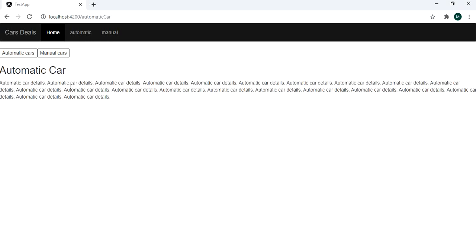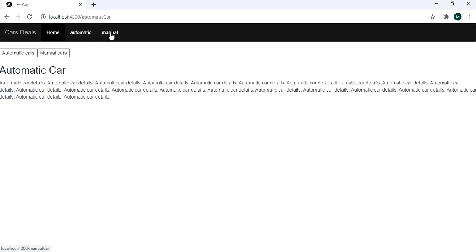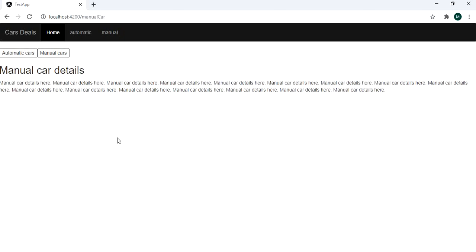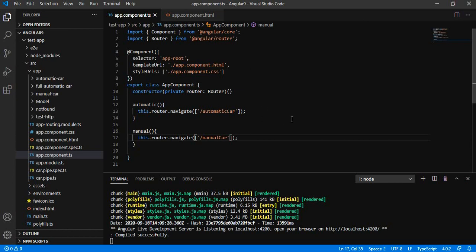When I click on automatic, it gives us the automatic car view. When clicking on manual, it works the same as what we defined with the routerLink directive. So that's how we can define the method in our component and navigate with the help of the Router class.